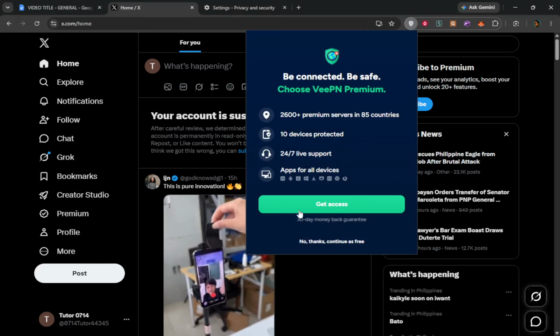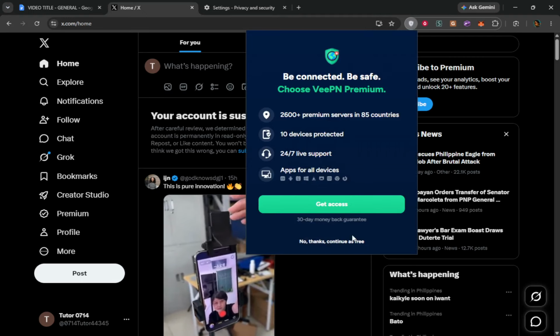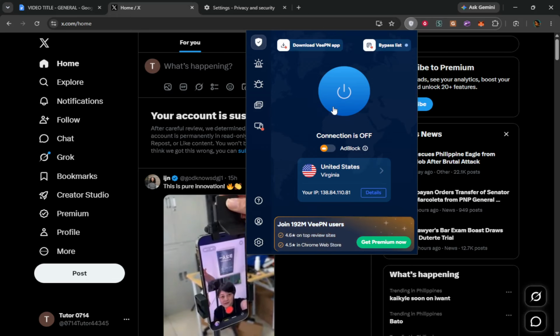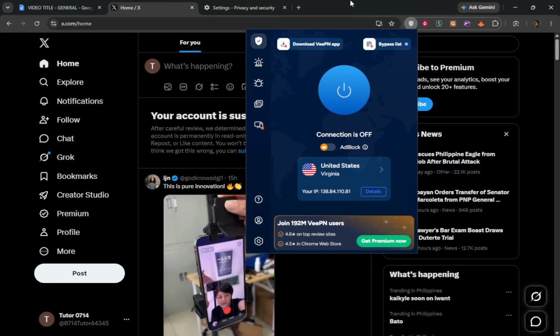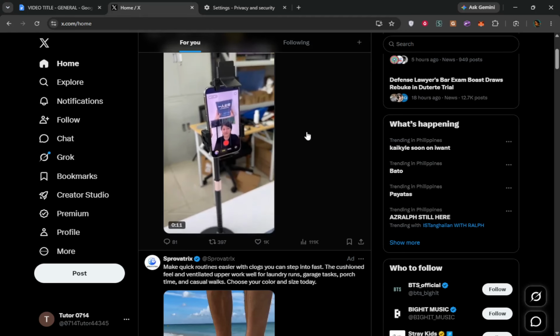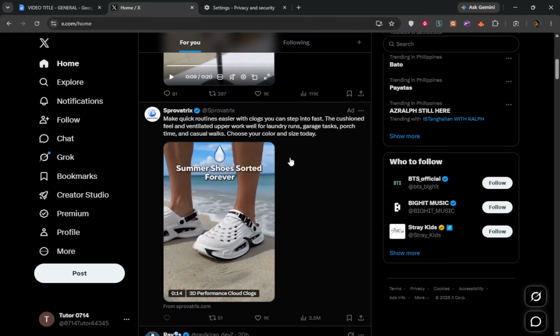If using a VPN, disconnect it for the time being. This will help you identify if any of these are causing the problems with your settings. Once disabled, return to X and check if the issue persists. This step is important because it isolates potential external factors that may be affecting your settings.